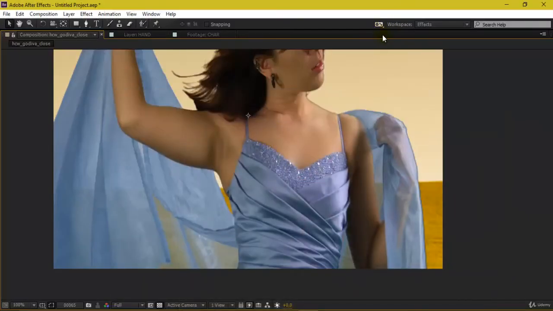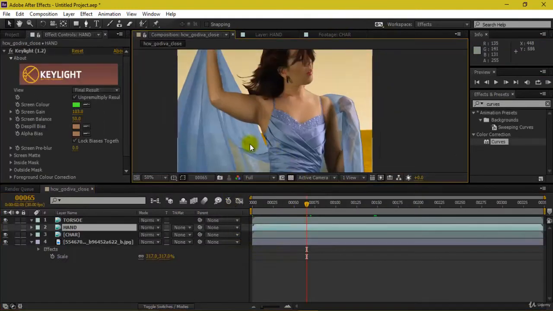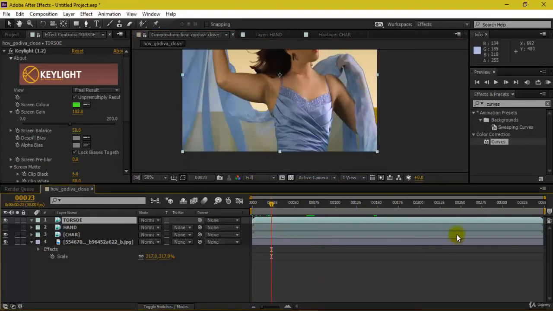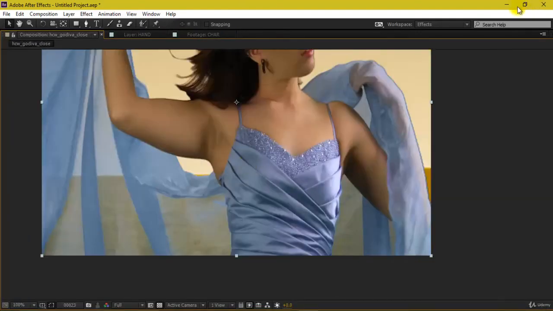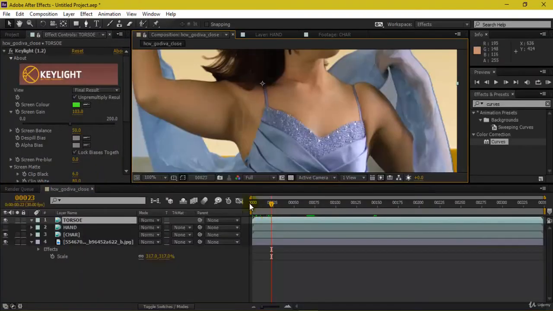So what I'll be doing is, as you can see, I've selected this, which is my torso. So now if I take a part from here, maybe this, which is the proper actual area of my dress color, so the entire footage will be affected. So I do not want that, and that's the reason I'm showing you layer wise keying.